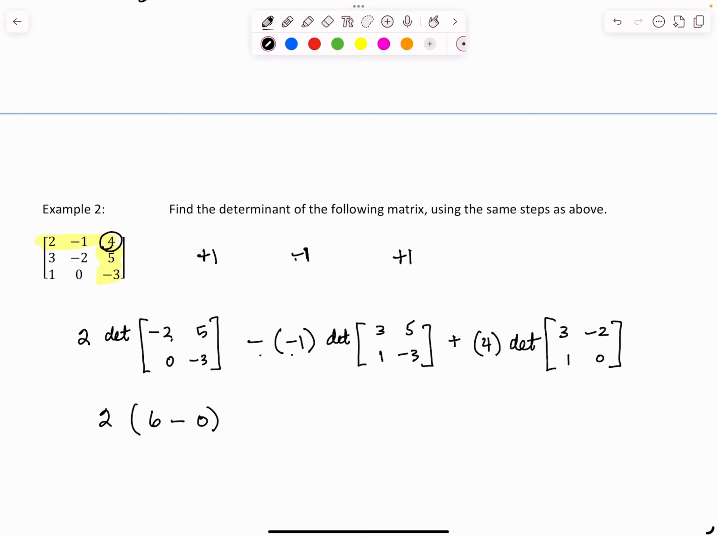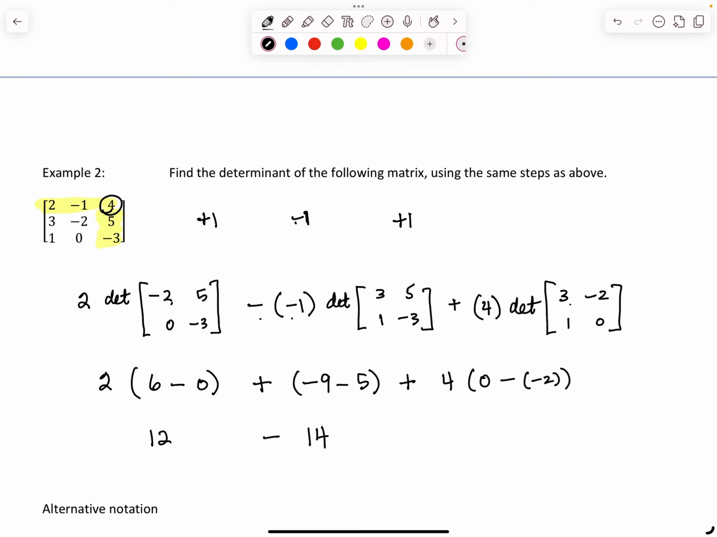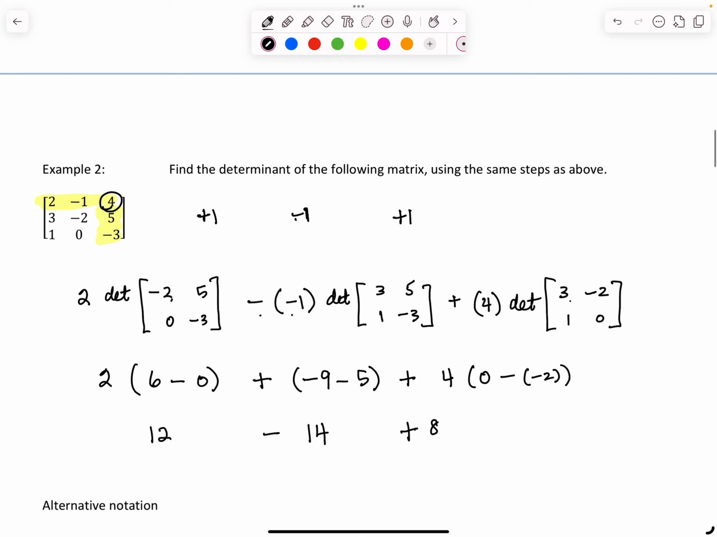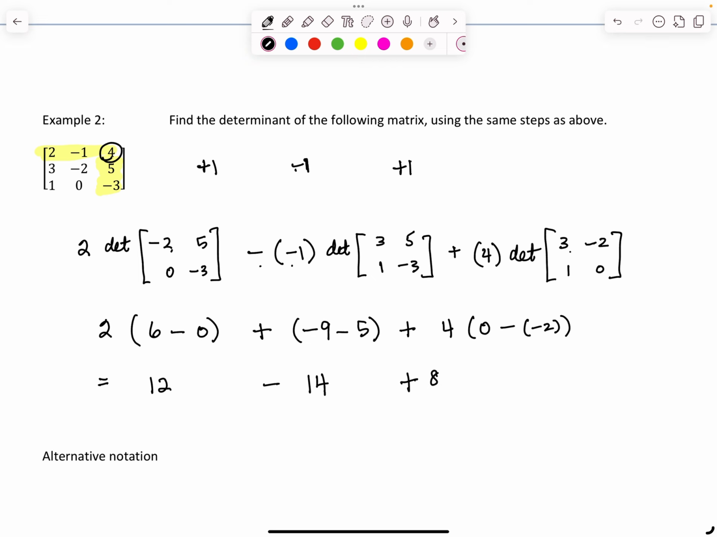I see minus gives me plus. 3 times negative 3 is negative 9. Minus 5 times 1, which is 5. Plus 4 times 3 times 0 is 0. Minus a minus 2 times 1 is a minus 2. So I have 2 times 6 is 12. This is minus 9 minus 5 gives me minus 14. And this is negative 2 is positive 2 times 4 is 8, which gives me 6. So the determinant of A